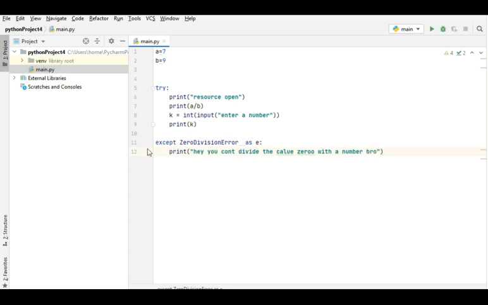Or else you cannot divide the number 0 with a number bro. In that way also you can give. So that's the thing.